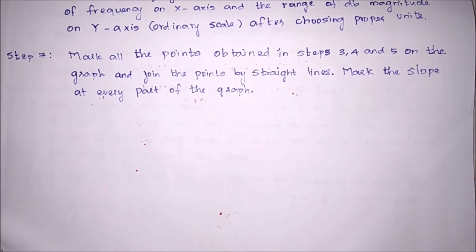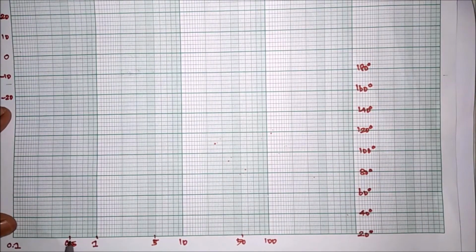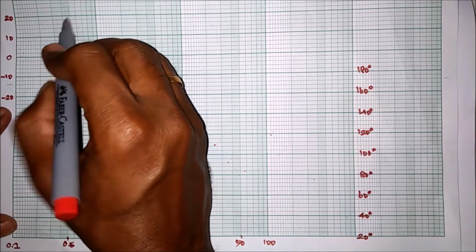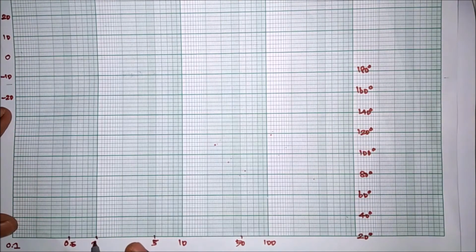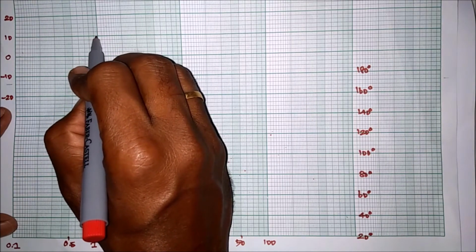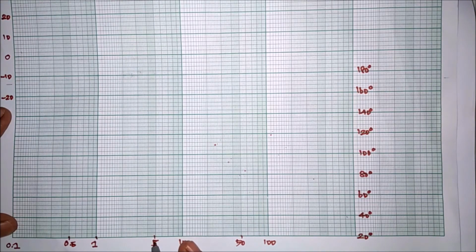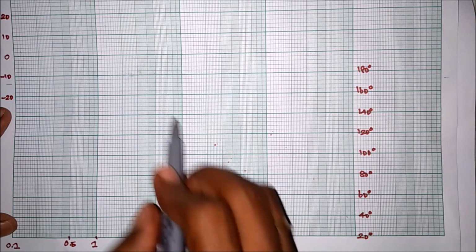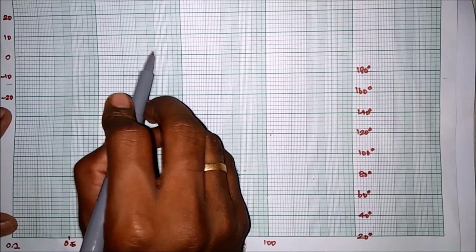Now from this graph, for the corner frequency, suppose 0.5 is the corner frequency and the calculated value at 0.5 is 20 decibel, so we have to mark it here. Then what is the value at 1? Suppose 10 decibel, so here we have to mark it, then we have to add these two. What is the magnitude at 5, 10, 50? Likewise we have to mark and just join them. So that represents the magnitude plot.